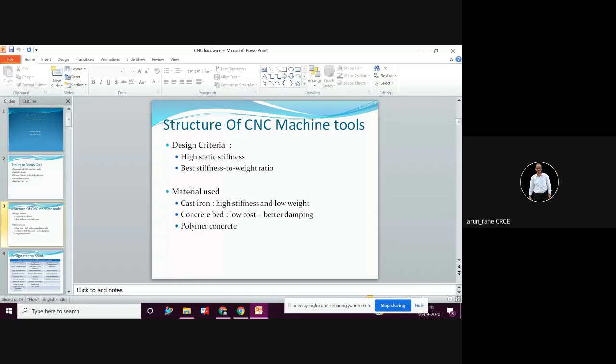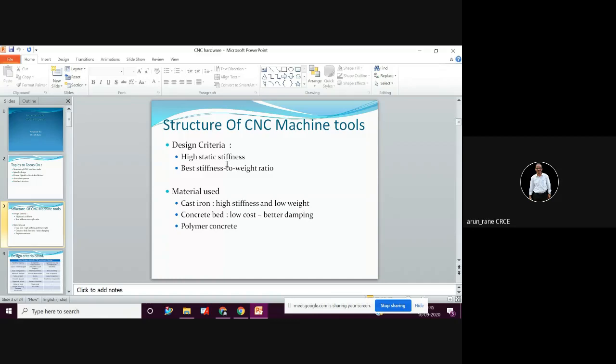On it we do only very precise work pieces, 1 micron, half a micron. So there we don't take a higher depth of cut. And then another CNC machine we use for roughing, or a conventional machine also we use for roughing, and then for finishing we use this good quality expensive machine.